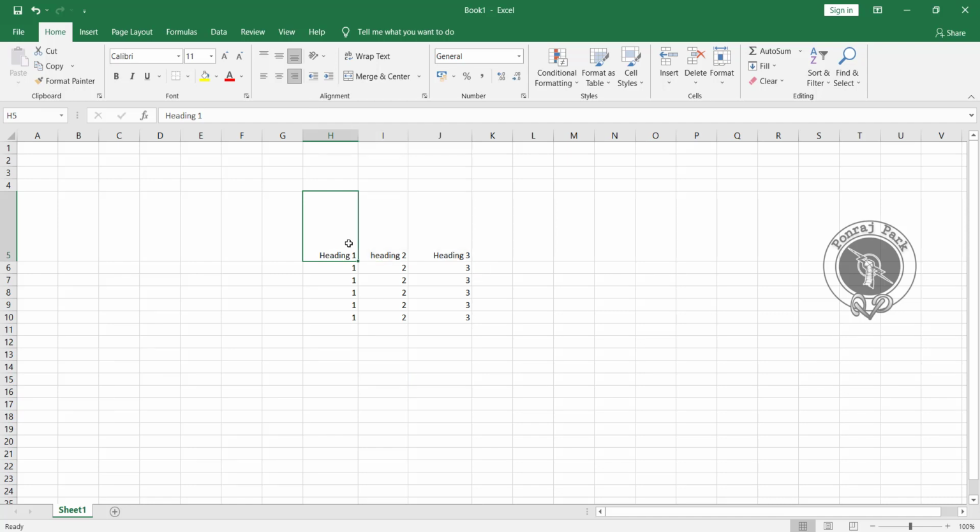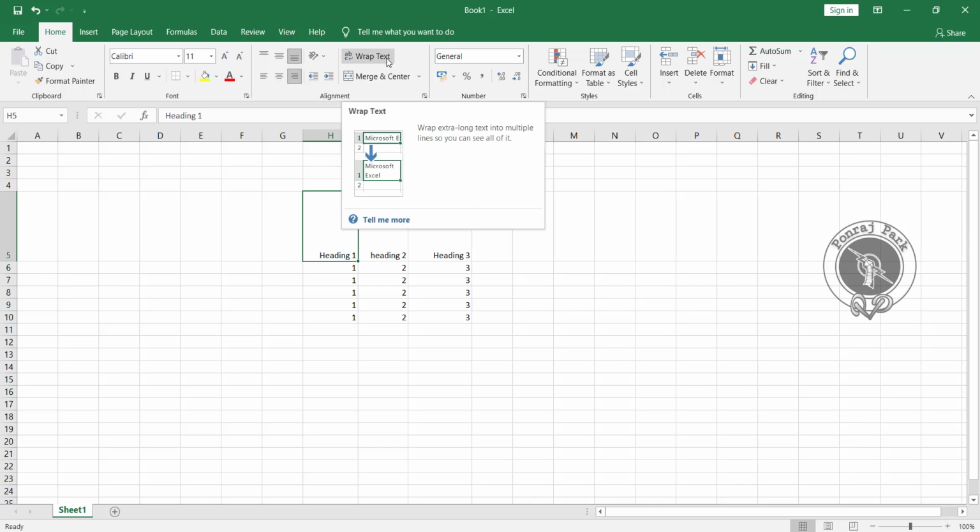So next we have the indentation. What kind of indentation you want? You want to add up your indentation, or you want to decrease your indentation, so you can do that from here. Okay, so this is our increase indentation. If you want to increase it, this is our decrease indentation.